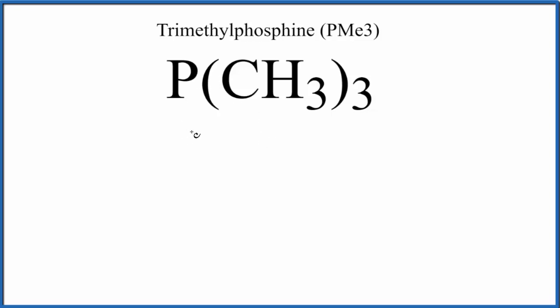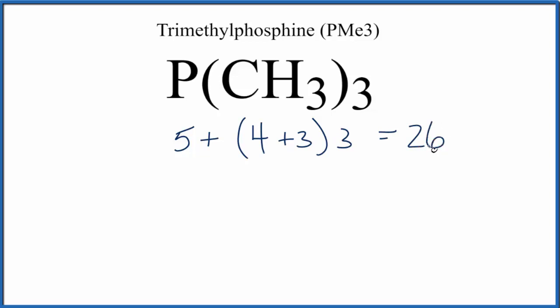So phosphorus, group 15, sometimes called 5A, has 5 valence electrons, and we'll add to that carbon, that's 4, and hydrogen's 1, and we have 3 of them, so 3 times 1, let's call that 3, and we multiply everything in parentheses by the 3. So we have 3 plus 4, 7 times 3 is 21, plus 5, 26 total valence electrons for this PCH3